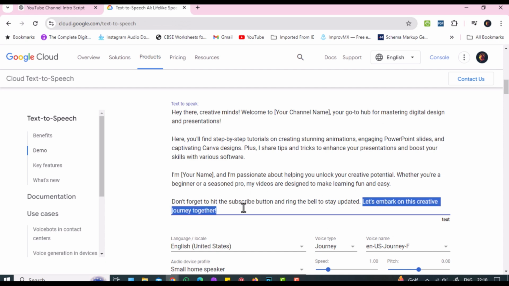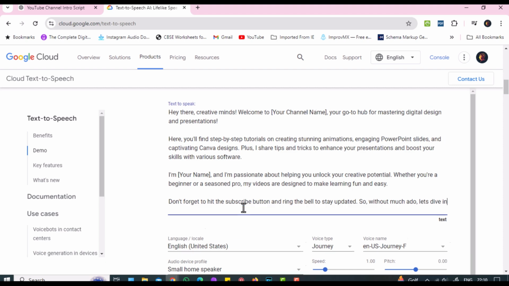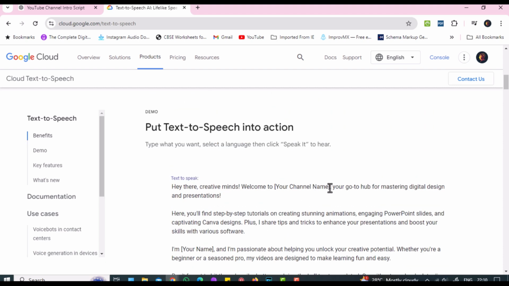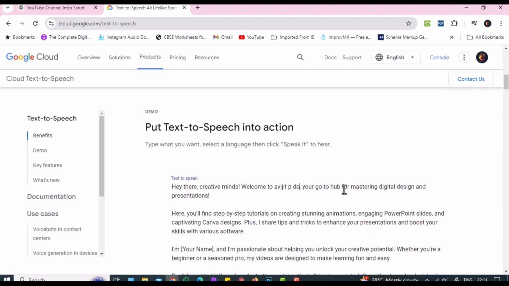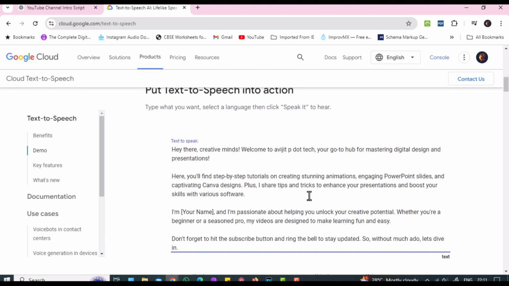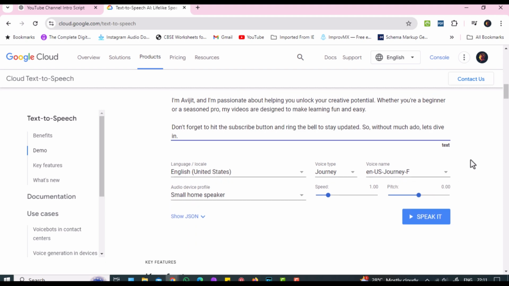Edit the text as per requirement. Change the setting as required, such as pitch, tempo, male, female voice, etc.